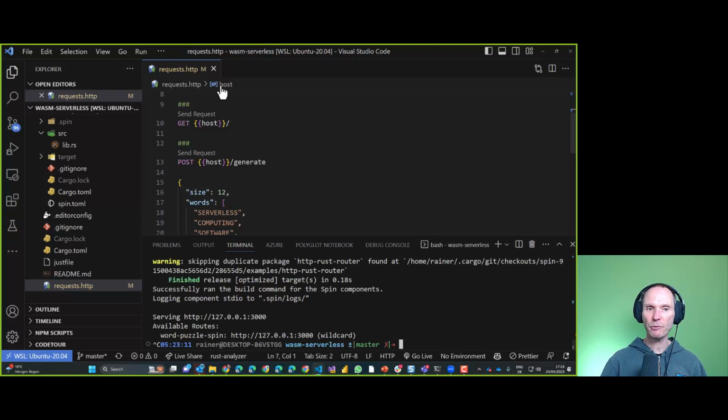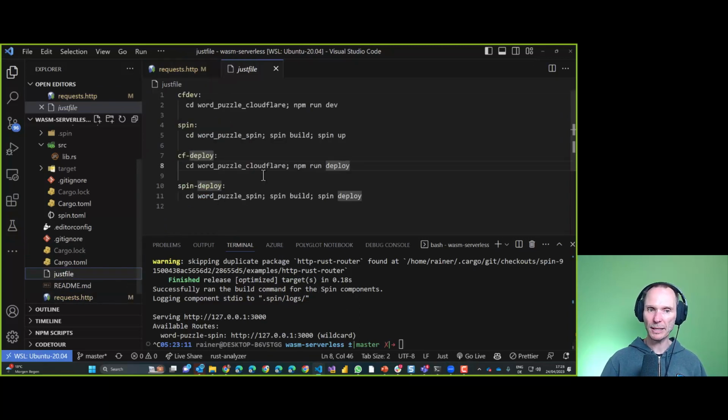Now that I've verified that everything works properly, I can deploy everything. And again, serverless means that I do not have to create and care for all the necessary underlying infrastructure. I don't run a Kubernetes cluster. I don't care for some kind of a registry like a Docker registry or Bindle or whatever. I simply take my code and say spin deploy. This is exactly what I want to do. So let's do that. Let's run just spin deploy,